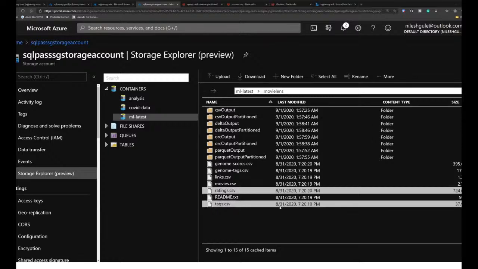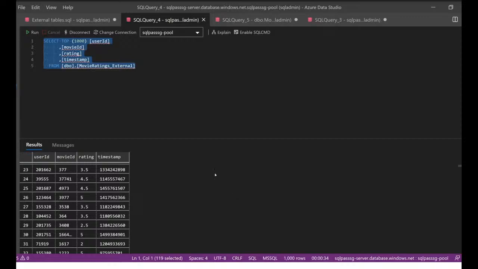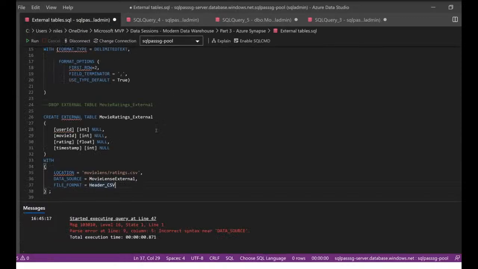This is the file which I'm referring to, ratings.csv. So what I will do quickly is let me drop this table. And let's see what happens. Now, this table has been dropped.